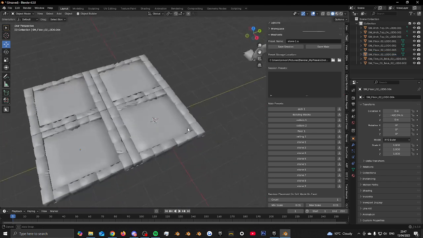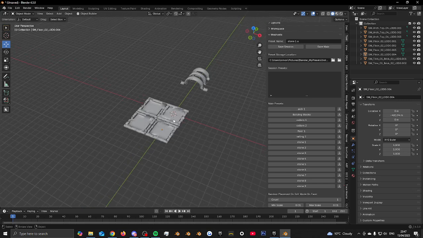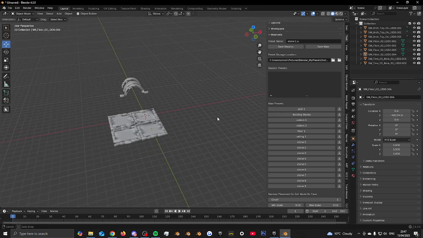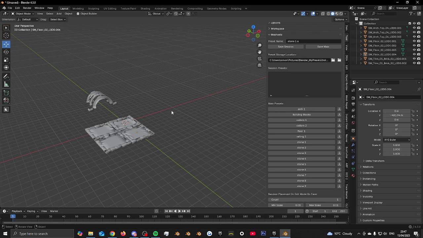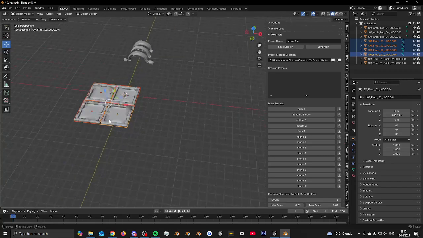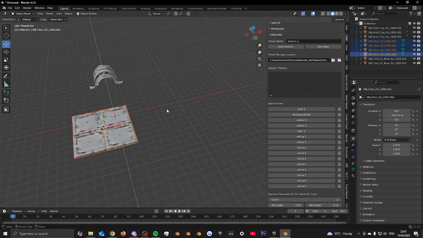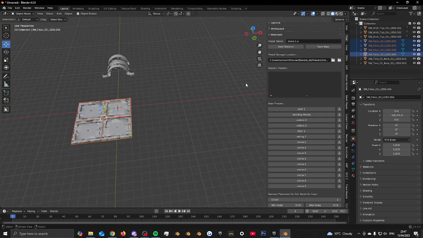There's 4. Now, say for instance, you're like, but I want to make this bigger. Now, you could select one and do an array modifier and things like that. You could apply all your modifiers and things like that to all of these as you would. But say, for instance, I'm like, right, okay, select all of these. I want to duplicate. And you would duplicate your objects, Shift D, right? Well, instead of doing it that way, all you have to do is one of 2 ways. You can either go,